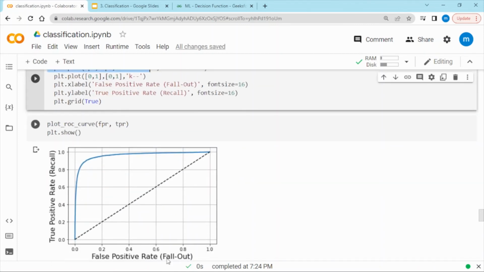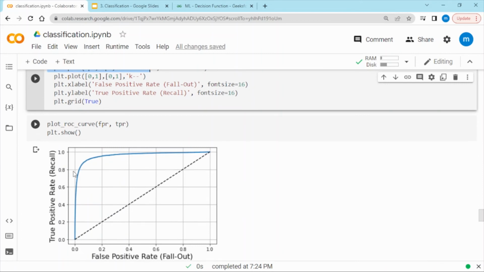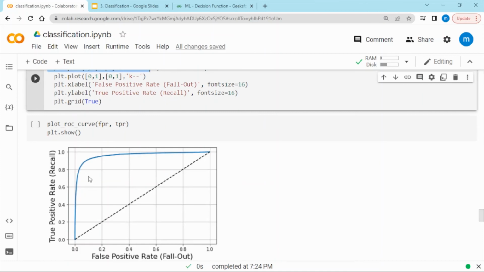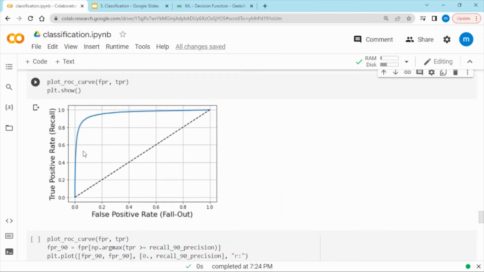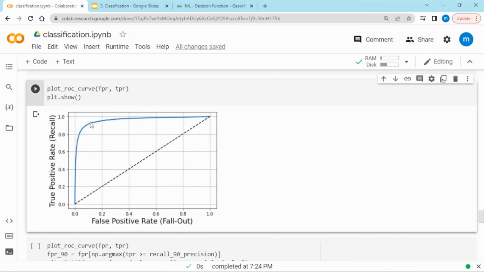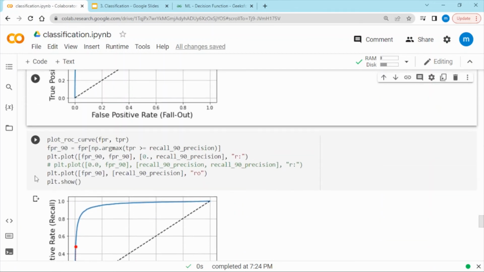So it is a graph of false positive rate against true positive rate, right? Now what is our agenda? We want the value of ROC to be closer to 1. Now if you look at this point, it is coming to something like 0.9, 0.85 or 0.9 between, right? Similarly, this is the way when I pass the threshold as 90, which we have already calculated,